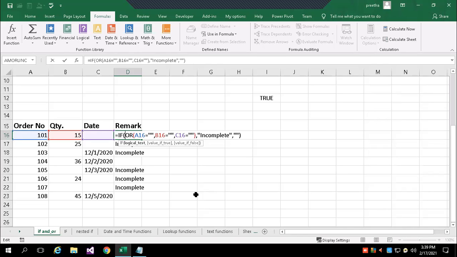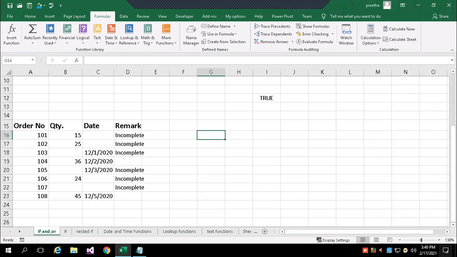So when you are writing logical formulas, if they say that if all the conditions are satisfied, then calculate this percentage, or give this much bonus, or write pass or fail, or if they say more than one condition, you use either AND or OR. AND means all the conditions must be satisfied. In OR, if either one of the conditions is satisfied, then it will be true. That means it will go for the true part. Okay.